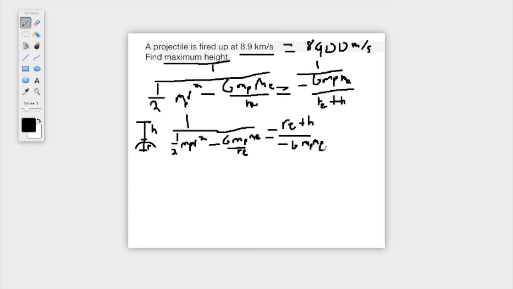So I'm going to multiply both sides by negative G MP ME, and then I'm going to get